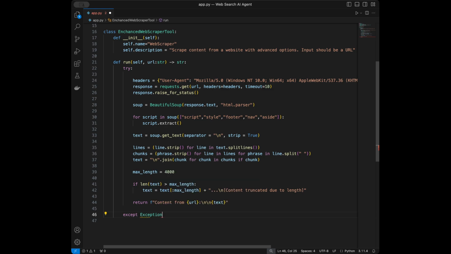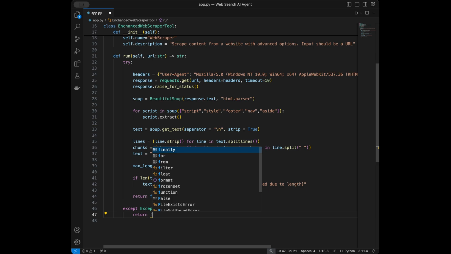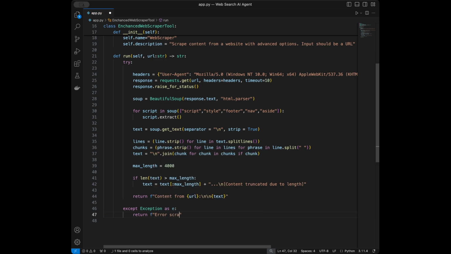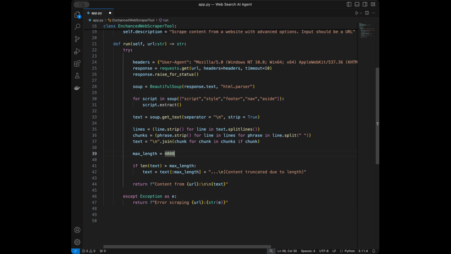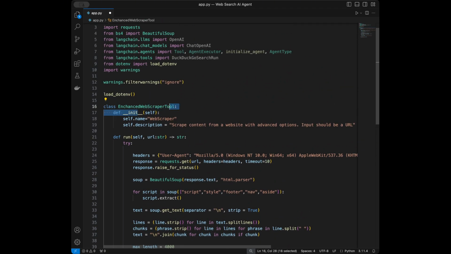I'm going to catch all the exceptions as e, and I'm going to return error scraping URL, and I will say str, and I will pass the error message in here. Great. So our web scraping class is